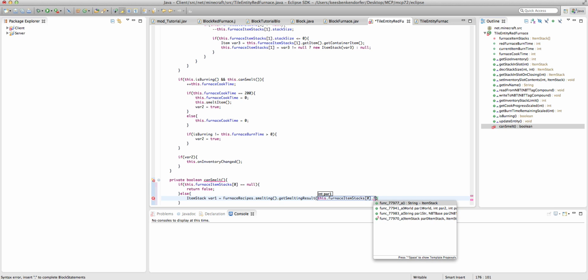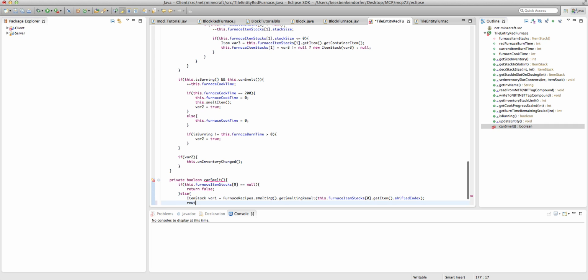.getItem().shiftedIndex), and return var1 equal null. And here's that weird declaration of an if statement: false colon this.furnaceItemStacks[2] equal null question mark true colon, more parentheses that